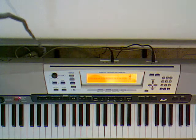Show you my rendition of I Can Only Imagine by MercyMe. I'm going to show you the simple form of playing it, and then I'm going to show you some complicated things that you can do in there if you're able to do it. So if you're going to sing the song and you're a beginner or intermediate player, I would encourage you to